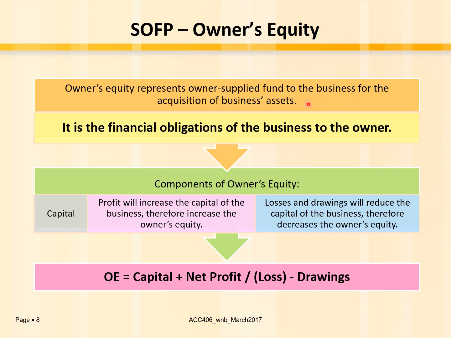Maksudnya modal sendirilah. Kalau kita contohnya nak start bisnes goreng pisang, kita bawa keluar duit daripada bank kita dan kita masukkan duit tu ke dalam business bank. Okay, bank perniagaan. Dan kita gunakan duit tu untuk beli aset. So, obligation dia adalah daripada bisnes kepada owner tu sendiri. So, the component of owner's equity adalah capital dan juga profits. Okay, so dalam owner's equity ni ada modal, capital dan juga